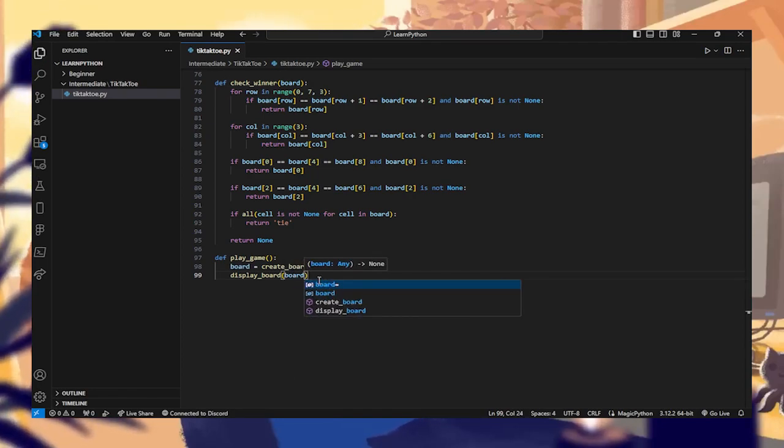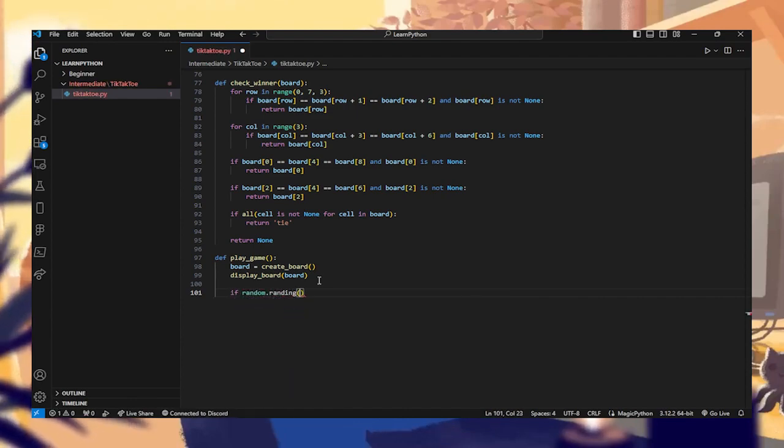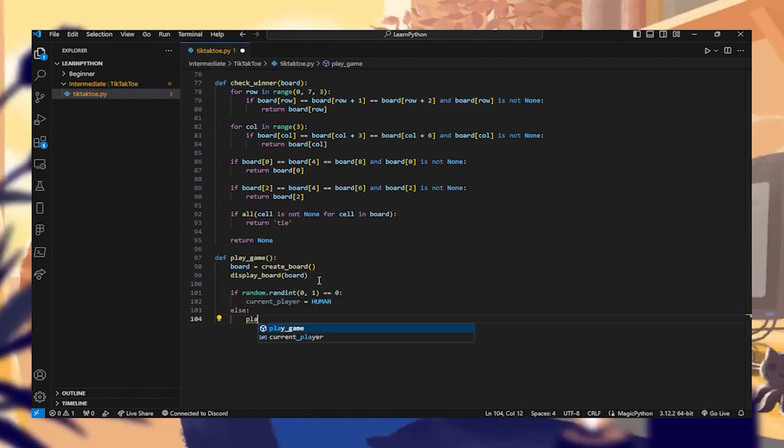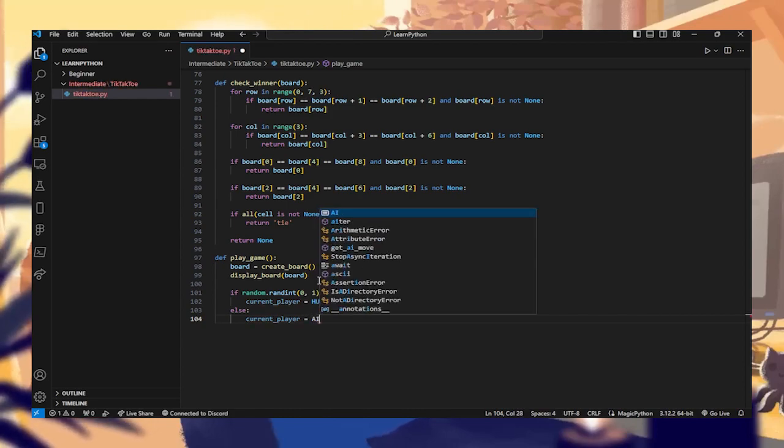Okay. Now we're going to use the random module, so if random.randint 0 to 1 is equal to 0, and we'll say the current player is equal to human. Otherwise, you just do else current player is equal to AI. Okay,